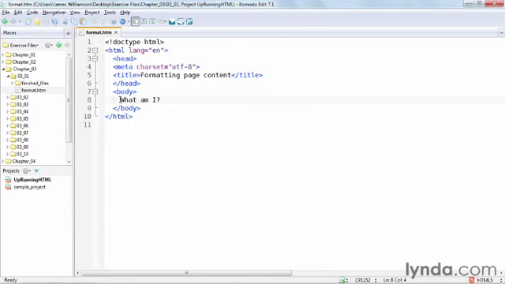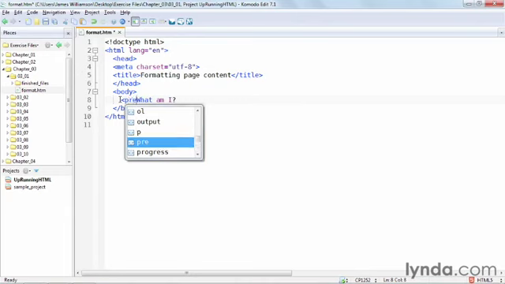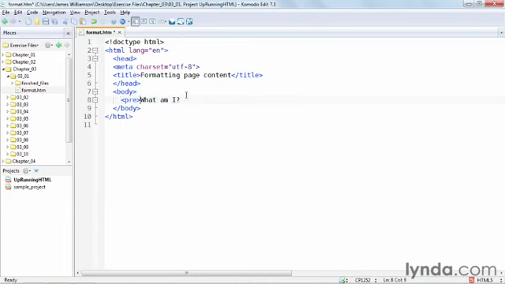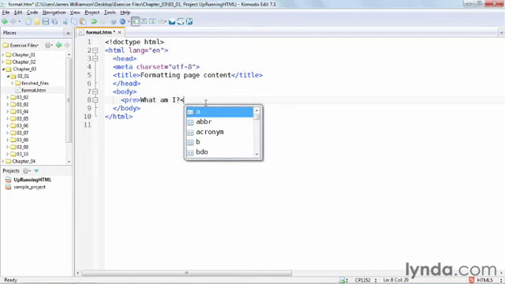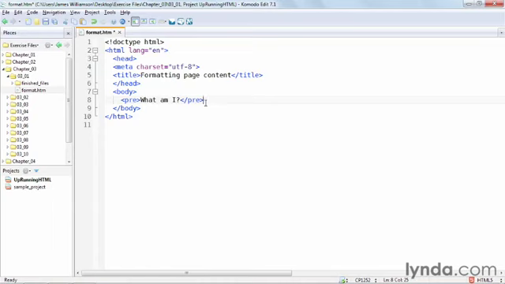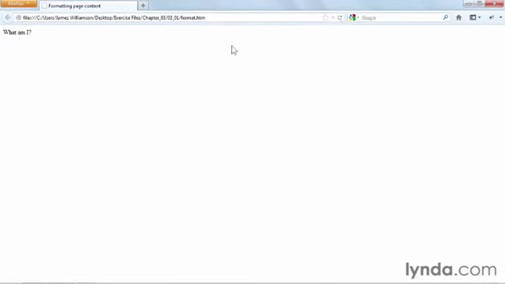So right around "What am I?" I'm just going to go ahead and create a new tag. I'm going to use a pre tag. Now, I don't think we've seen this one so far in the title. We will be seeing this a little bit later on as well. So again, I'm just going to do an opening and a closing tag that wrap around the text, "What am I?" I'm going to go ahead and save this. If I go back into my browser and refresh my page, I can see that the text does indeed change